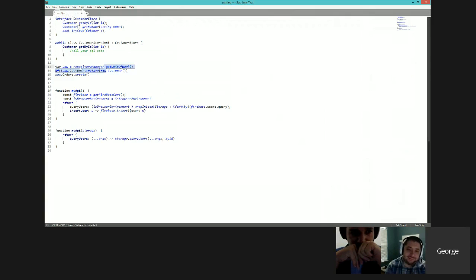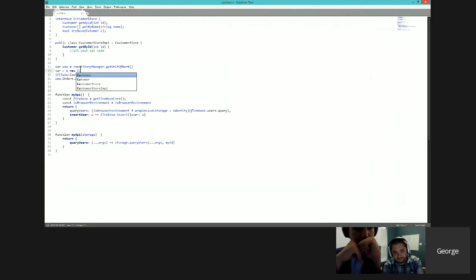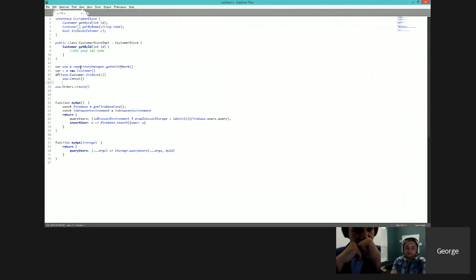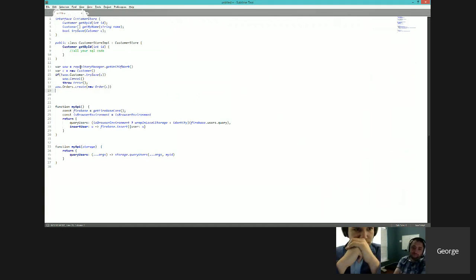So it'd be something like this. If not, throw, or like UOW dot cancel. Throw error, right? And then you're doing something like, okay, create a new order that is an order of the customer, and then you have to try to do UOW.commit, and it's just a lot of work